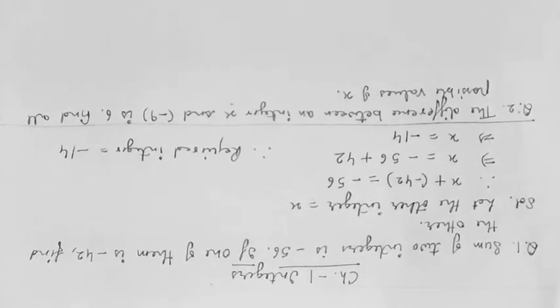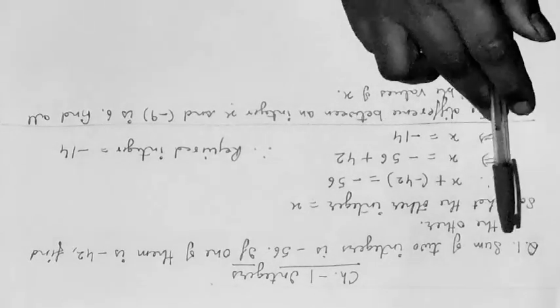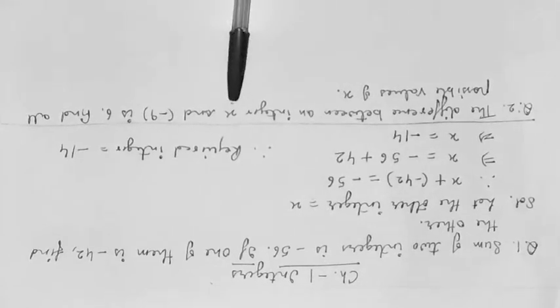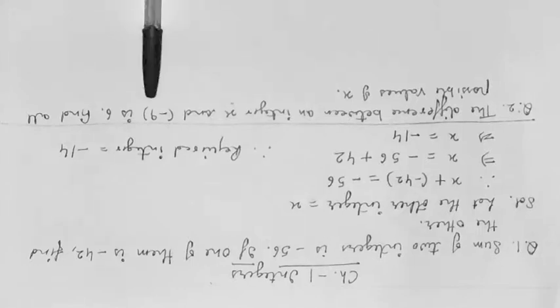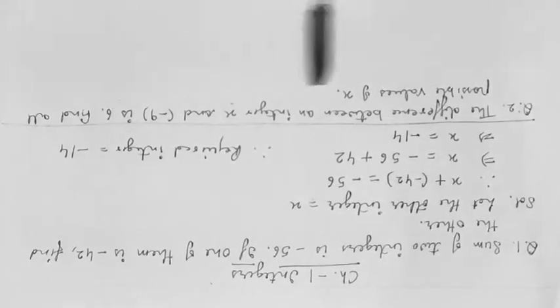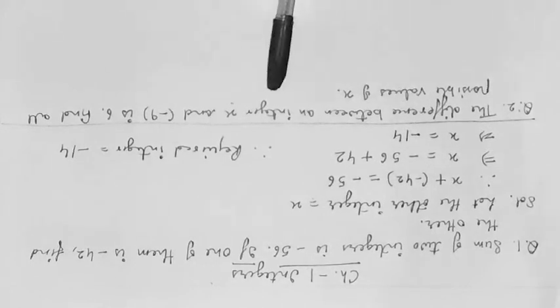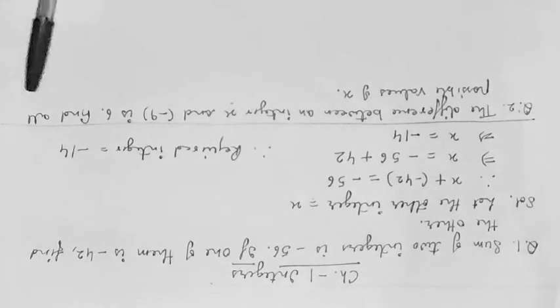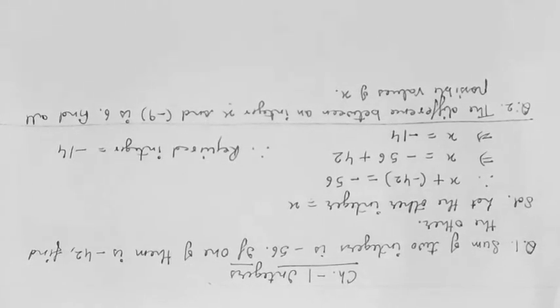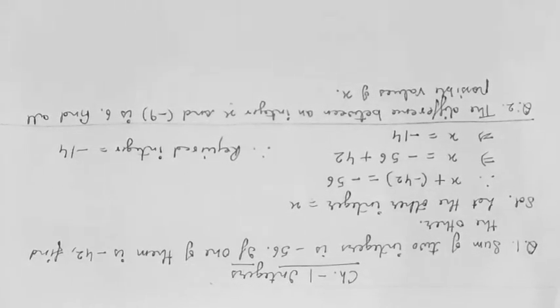In this question, class, sum means we are going to add the numbers, difference means we are going to subtract the numbers. That means we have to subtract the given integers. One integer is given as x, the other integer is given as minus 9, and their difference is given as 6. Difference means after subtracting the two numbers we get the answer 6. It is written in the question, find all possible values of x. Now what does this statement mean? All possible values of x.